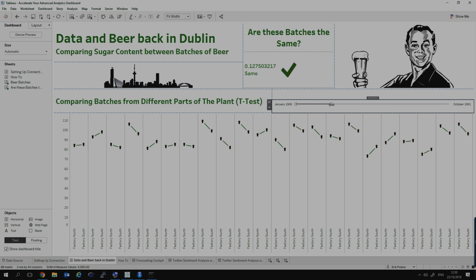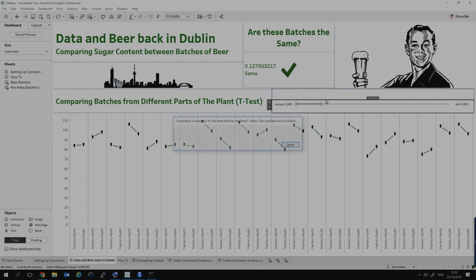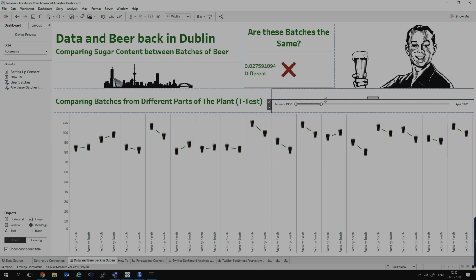Because this is, of course, an interactive dashboard, what we want to be able to do is see, well, what about if we switch here to a different time span so that we, for instance, look at a shorter time span and see if we have a different result? Well, here we are actually able to reject that null hypothesis, but that's a really short time span for us to maybe be able to make such a claim.